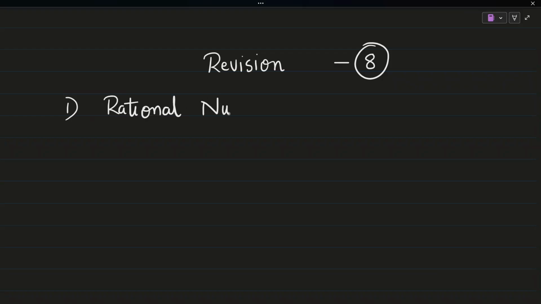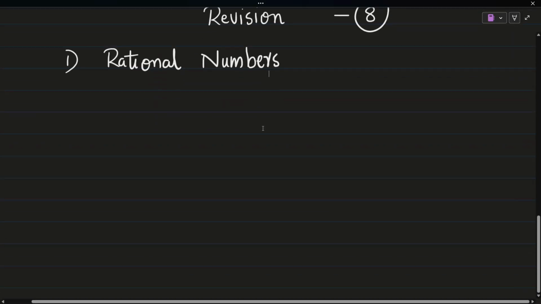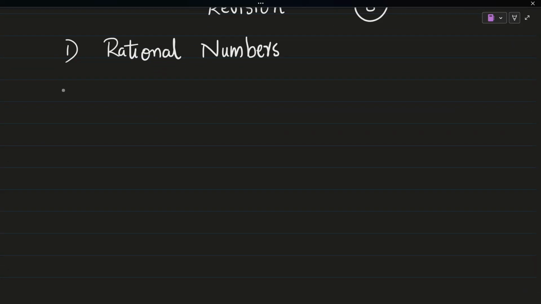In the rational numbers chapter, the important things to learn before going for the exam, the first thing is the closure property. What is the meaning of closure property? Let's say we take two rational numbers a and b. If we add these two rational numbers, again we get another rational number. This sign basically means